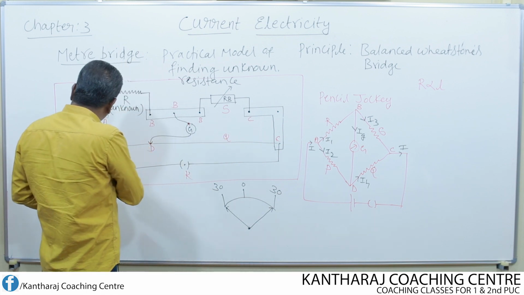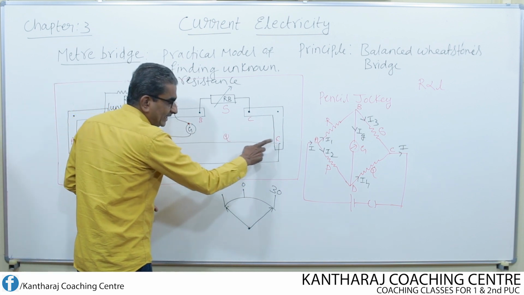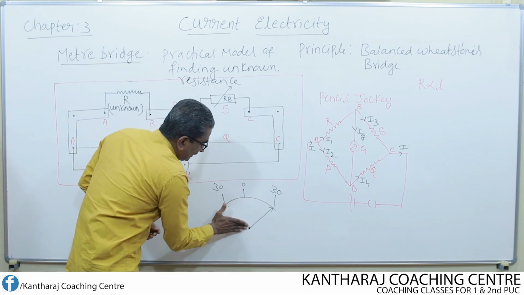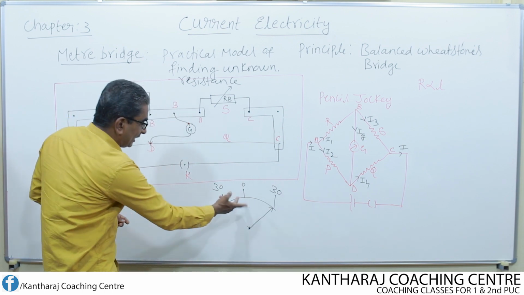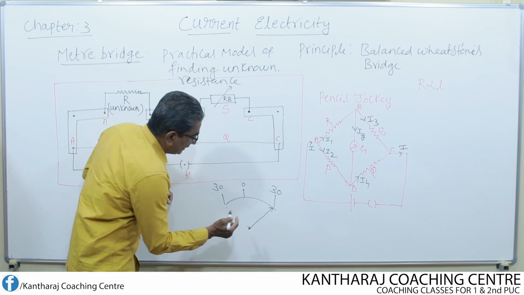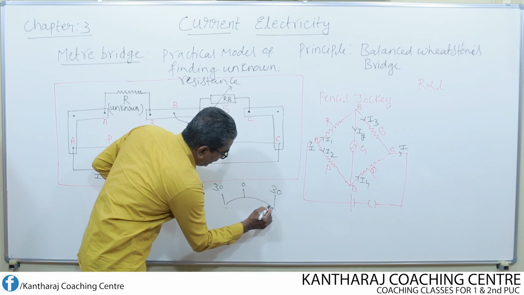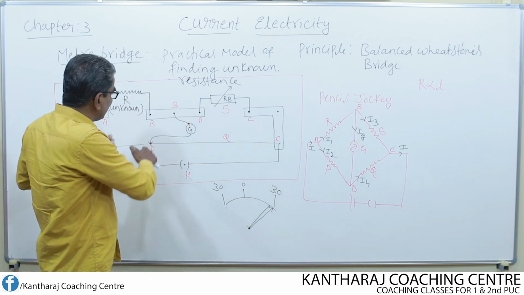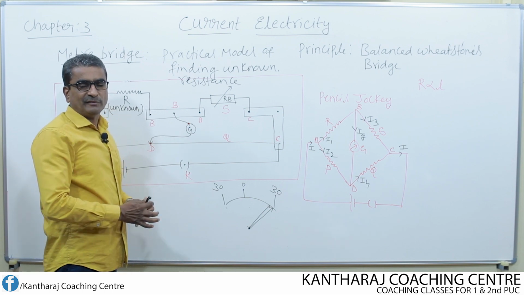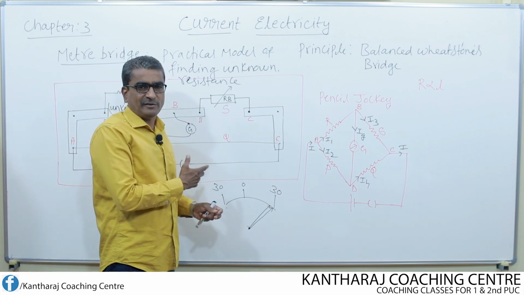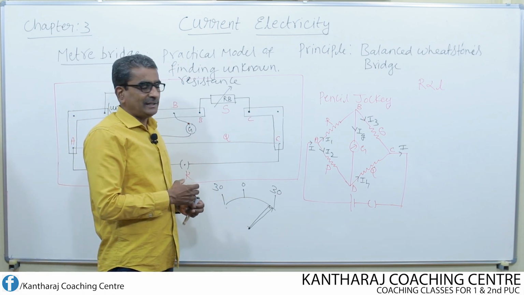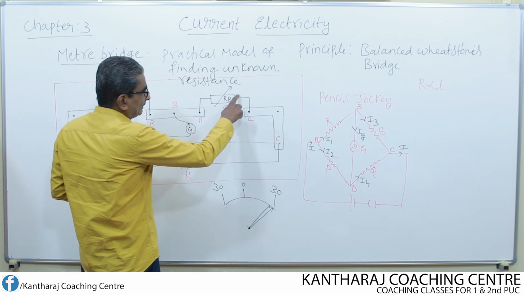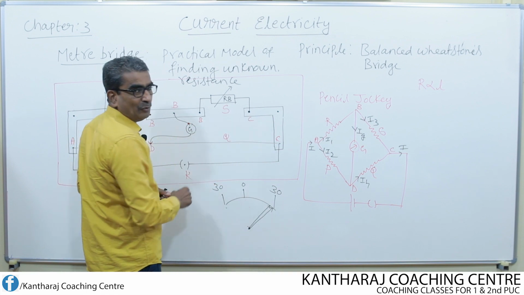On making the contact at the end A as well as at the end C, if we get the deflection only on one side, instead of on either side of 0, like this, then it means that something is wrong with the circuit. Then we have to rectify or correct the circuit, and this is because of some loose contact between the terminals and the wires.